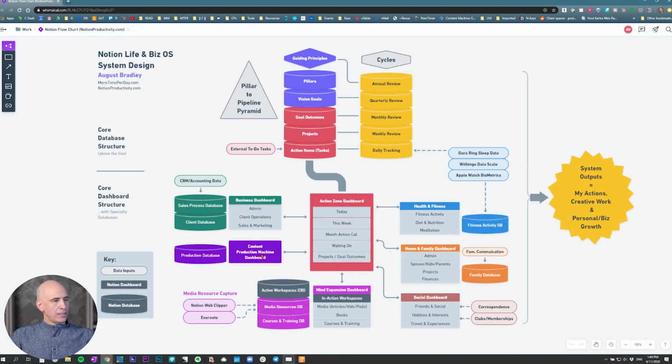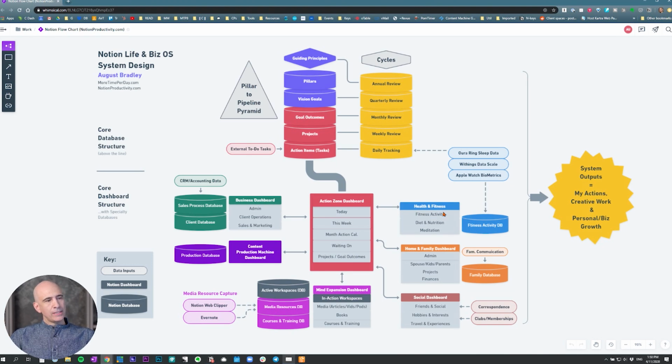The content production database, we'll be doing a video on that very soon. We'll be doing a video on all this, the business databases, the health and fitness, the content, the family, all of it. So content has a production pipeline database that feeds my content production machine dashboard, provides all the information in a calendar of everything happening in my production, of videos, of blog posts, of articles, of anything, of course material, anything that I have being created. If I'm doing a series of tweets or social media, it would all be in the content production.